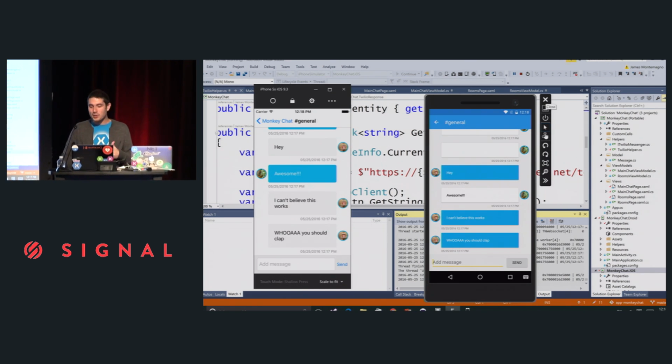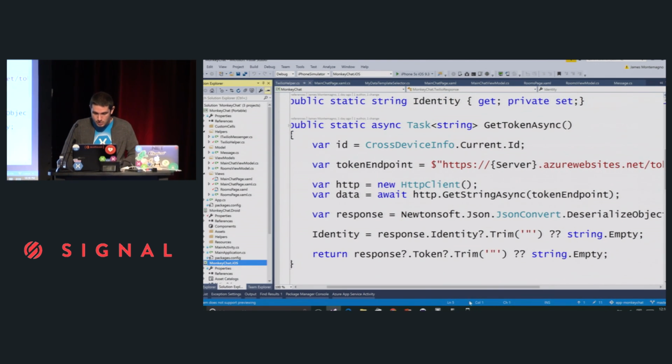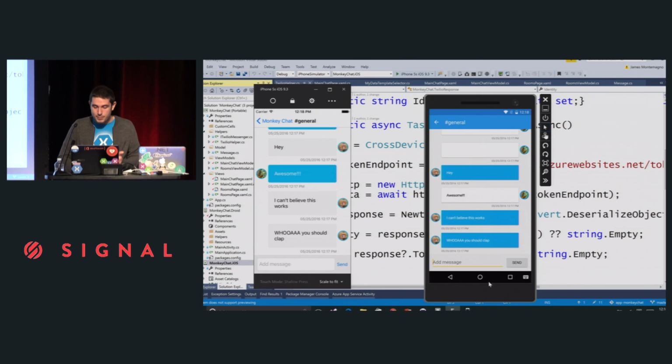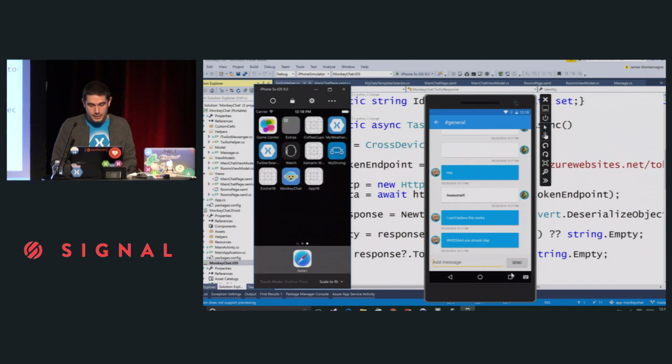That's right. Because you're like, James, that's a cool demo, and it's a little bit of abstraction, and about 90% of my code at this point is shared. And this is a very small application. I can continue to build it out as it goes on. This is pretty cool. So let's actually stop these applications, and let me talk to you about something extremely powerful to actually add some more functionality into this application.